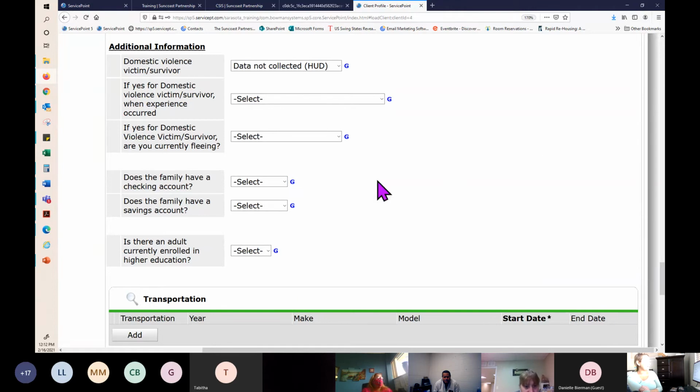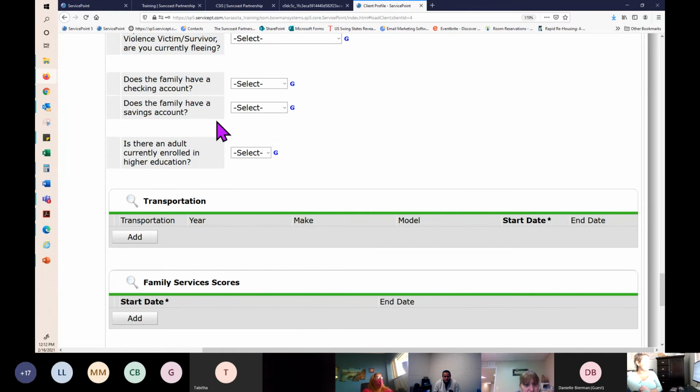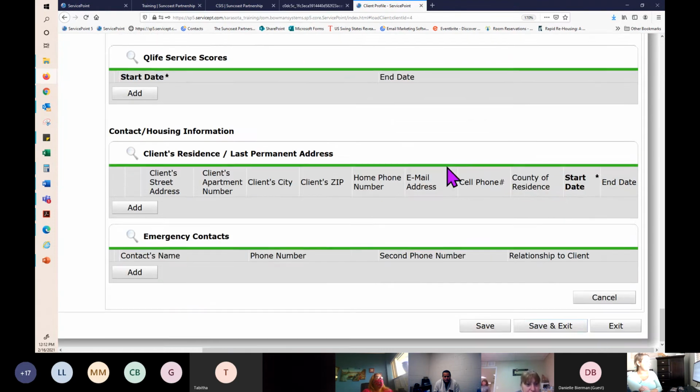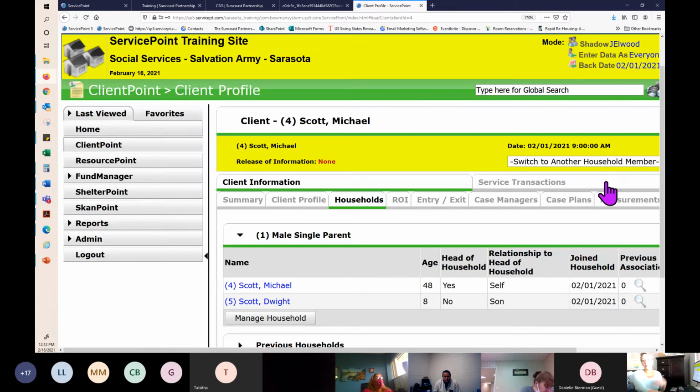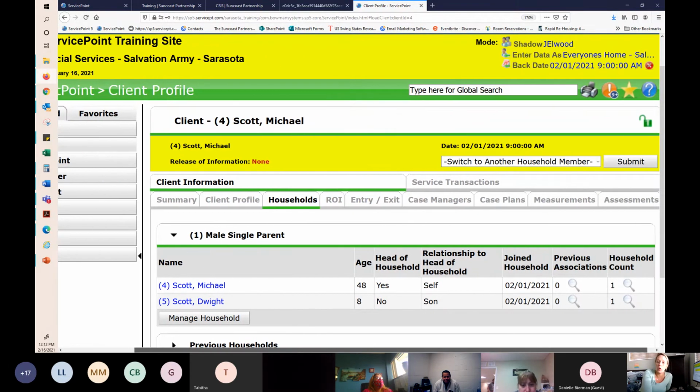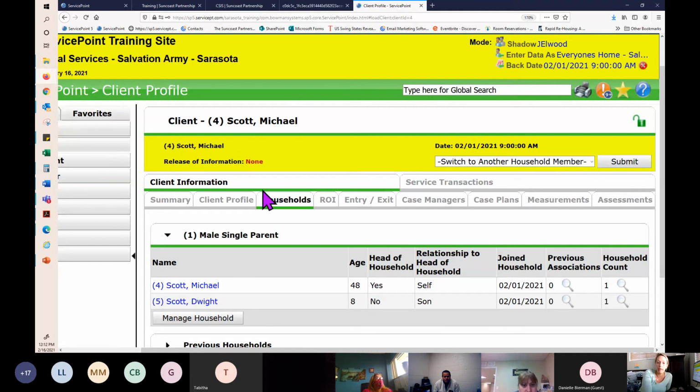So for this client and this additional information, this is specific to the head of household. I'm going to leave these blank for the child and save and exit. Okay, so we created a household. Took a little bit longer than expected, but that's okay. We got a lot of good questions answered. From here, we see that we created this household,